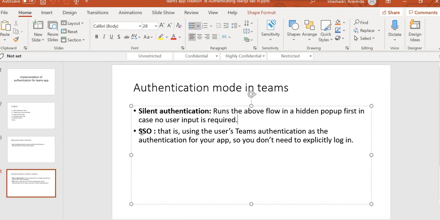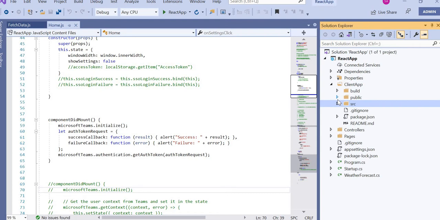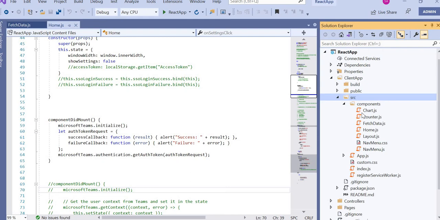Okay. So in this demo, we will see the single sign-on authentication mode and how to implement it with the Teams app. So let me move on to Visual Studio. I have created a React app using the Visual Studio 2019 IDE. When you create a React app, you will have two folders, public and source. In the source, I have created certain components. In home.js, I have included